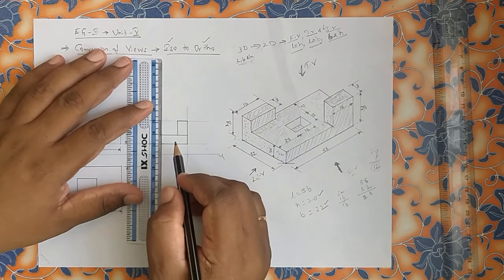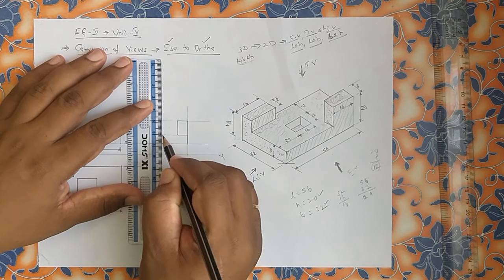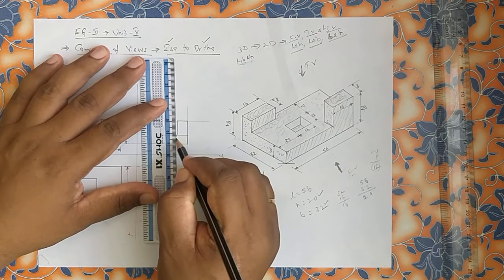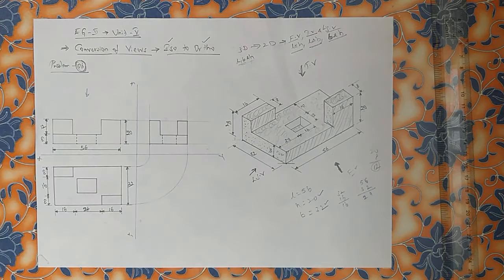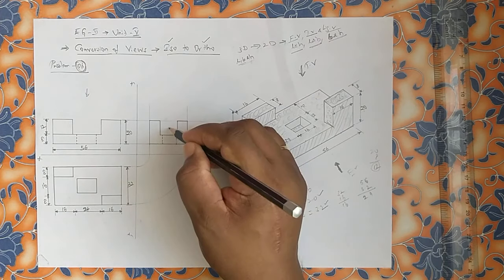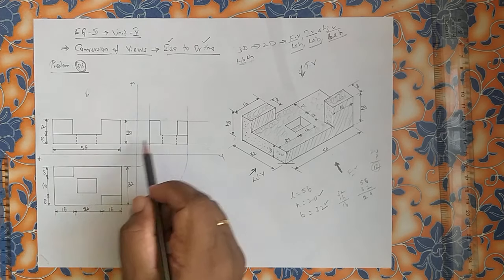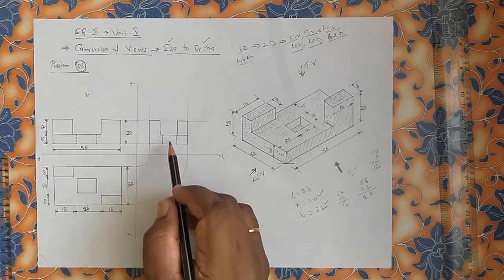Now at these two lines, try to draw hidden lines. That through hidden lines will give you the information that we are having a hole inside, a square hole. It's not circular. If it is circular, then you are supposed to draw the axis line also. Clear? Now if you have to show any dimensions here, you can show here. 20 you have shown, right? And this 8 already you have shown, right?